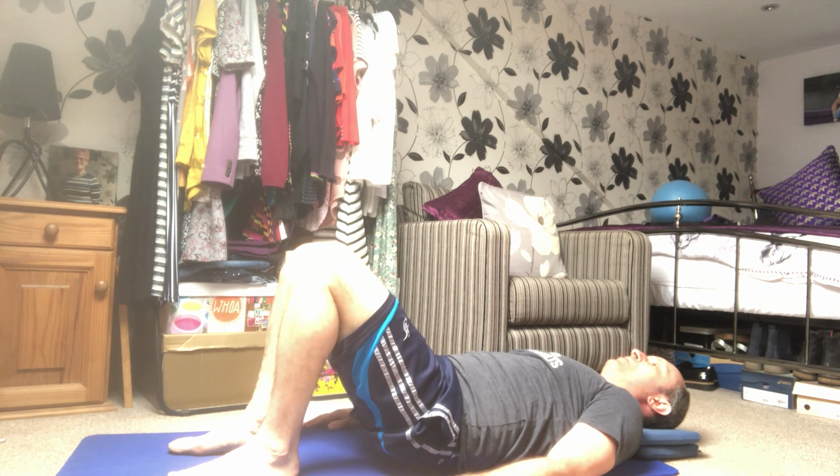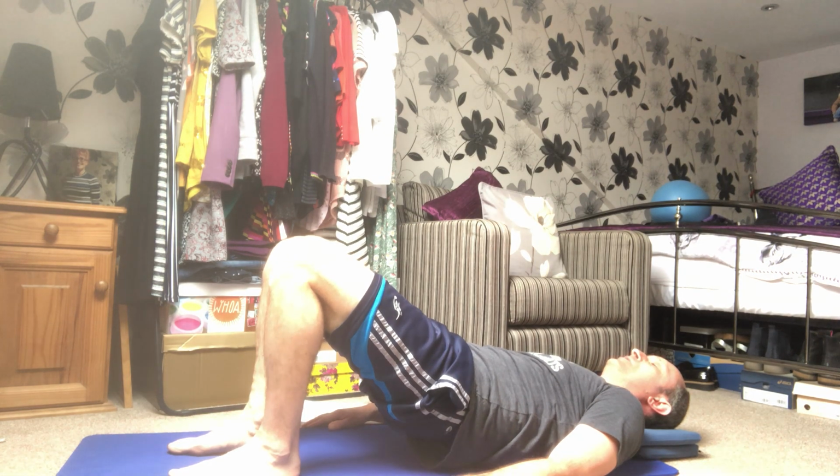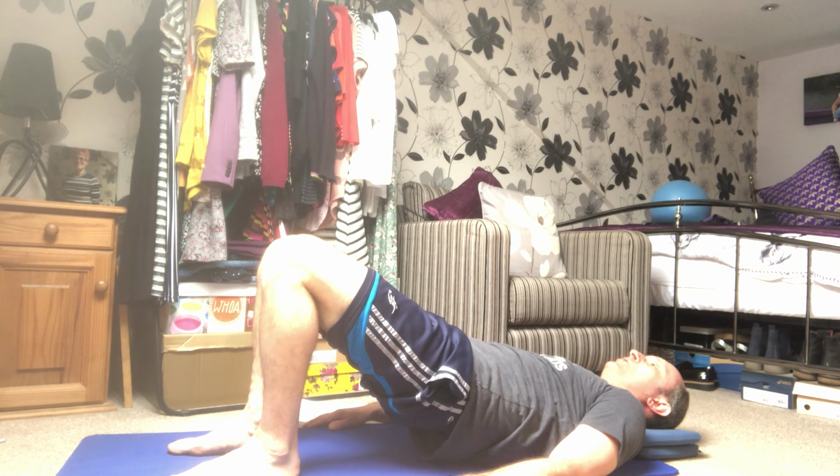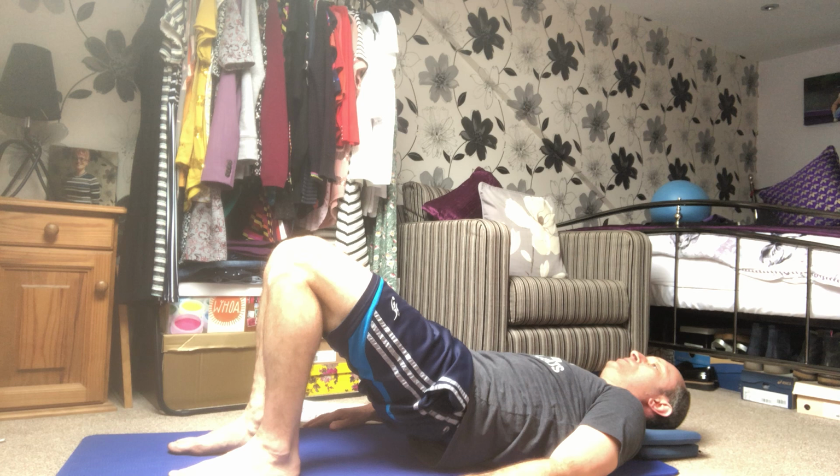Up goes the tailbone, so push the lumbar spine into the floor, tailbone between your legs, and just come up just to the base of the rib cage. Breathing in and down. 1, 2,